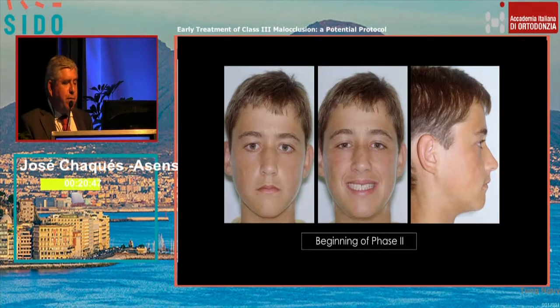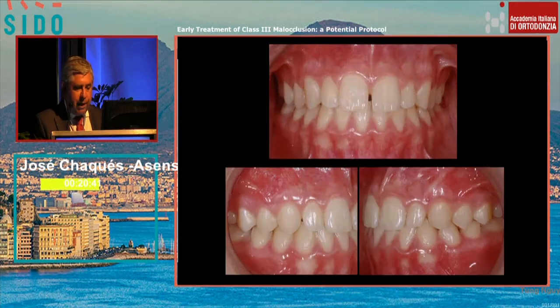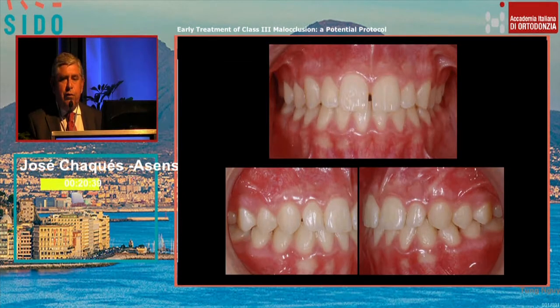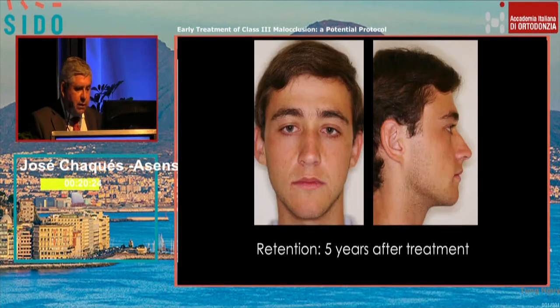So we go to the beginning of phase 2, where, from the facial point of view, the results were very stable in this particular patient. And from the dental point of view, there's very little to be done because practically the occlusion settled down by itself, so there is no major correction to do. Only a very short time of fixed appliances will complete the resolution of the malocclusion. So we go directly to the retention period